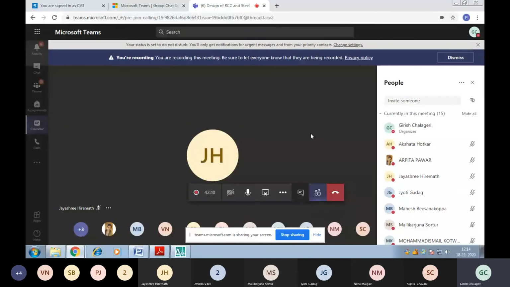We will conclude with the completion of the design of portal frames, so that next week we will start with the water tanks. Otherwise, if you want to have a revision over this, we will do it in the Monday class. And as the offline classes are scheduled from tomorrow, you need to come with your COVID test report with a negative result and a letter from your parent concerned saying that they are ready to send their students to the college. As per the 8 members who have been registered already to come over to college. If you are more interested, you can come and join your student friends.